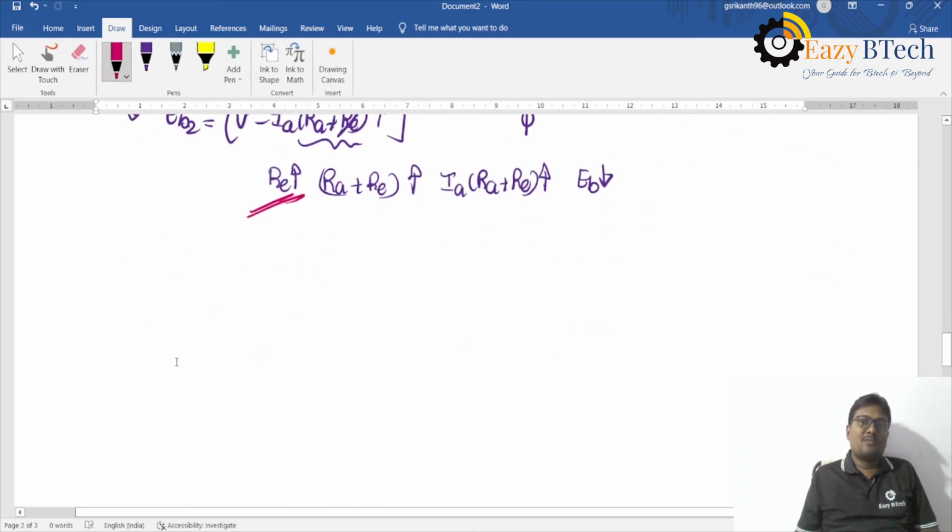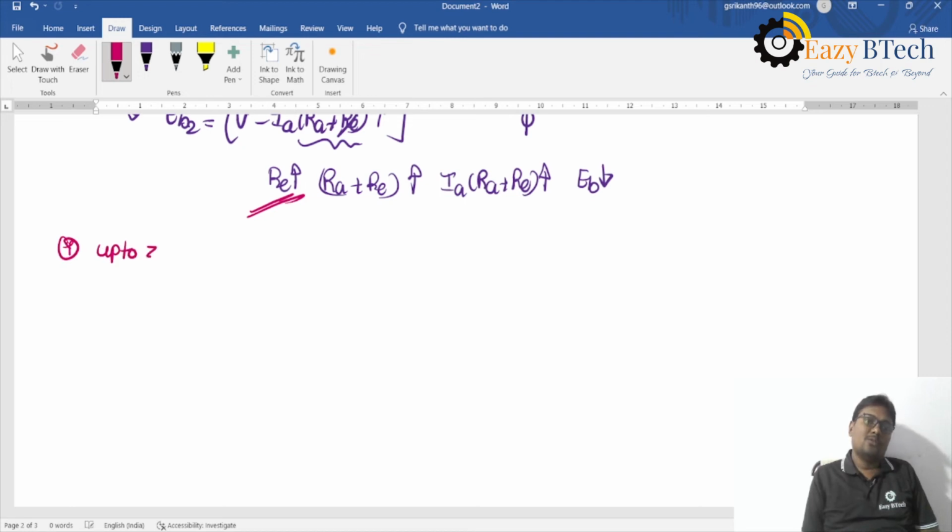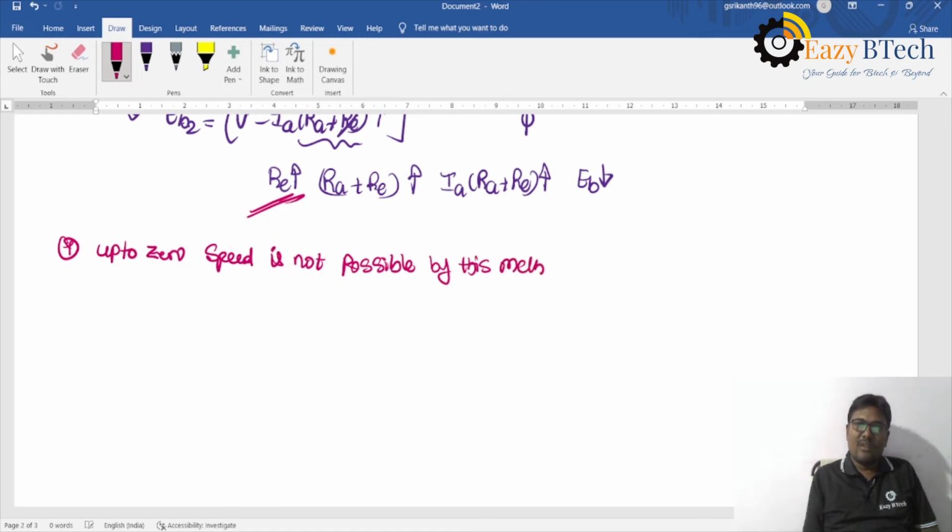I have no other option to increase the speed above rated speed. For a constant load torque, N is directly proportional to the voltage across the armature, the flux being constant. What are the disadvantages? Speed up to zero is not possible by this method. This is a major disadvantage. And one more thing, Ia is the load current,